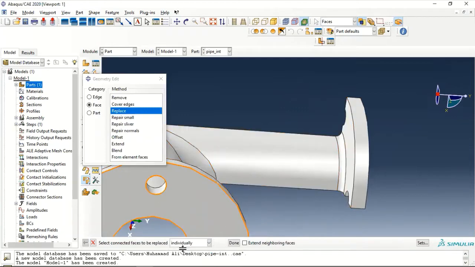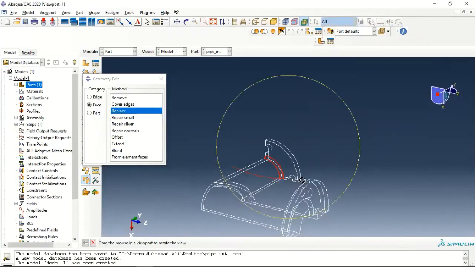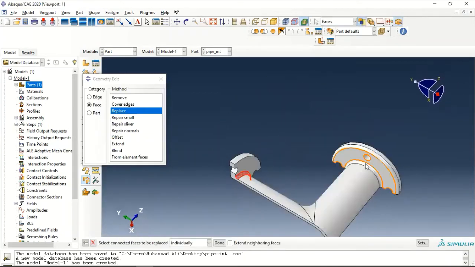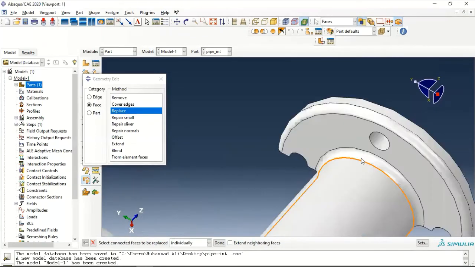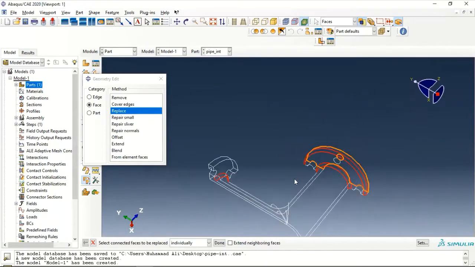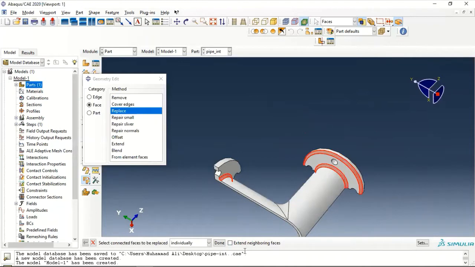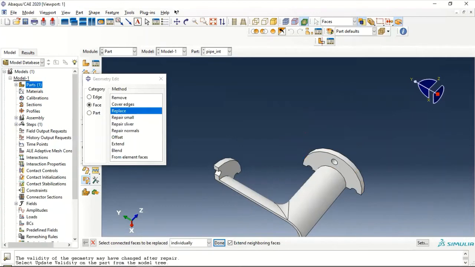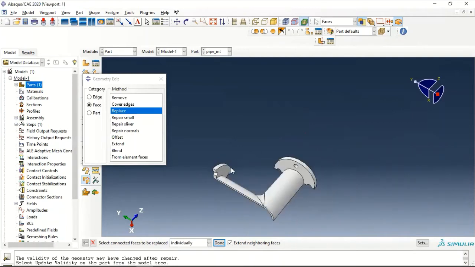Choose the option individually over here, and this is the first fillet. Rotate it again. So press on shift and select this second fillet and the third fillet. Now we need to toggle on the extend neighboring faces and press on done. You can see the fillets have been removed, and the adjacent faces are automatically extended by Abaqus in order to fill the gaps. So this is the final part geometry,